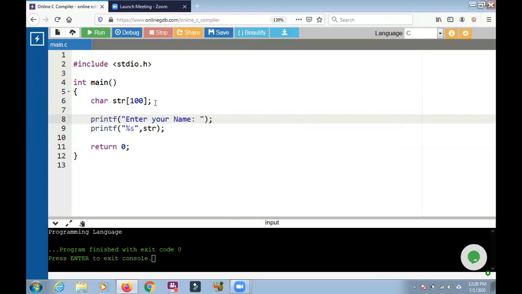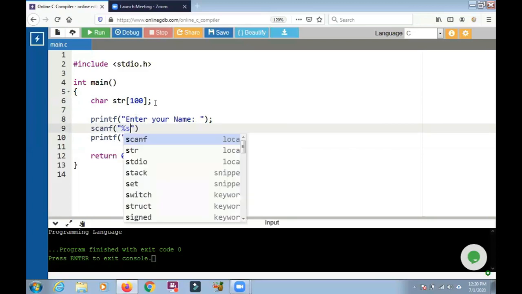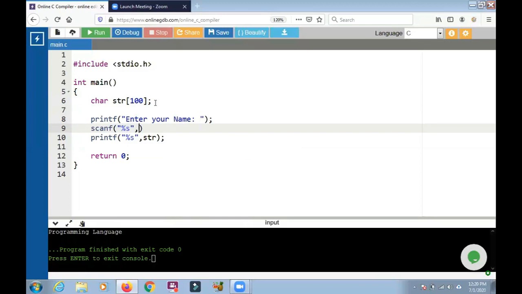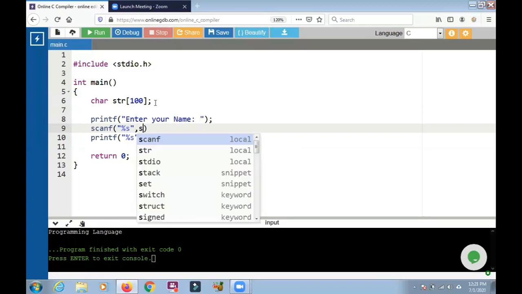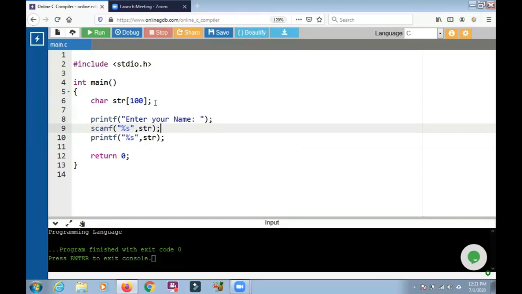Then I am using a scanf statement with format specifier %s. And then we need to use the name of the string variable, that is our str. Guys, clearly observe here, no need of any address-of symbol before the str variable, because str itself is holding the address of the first character in the memory.